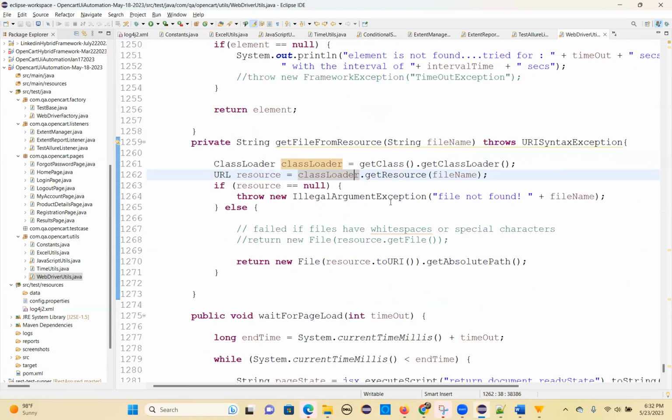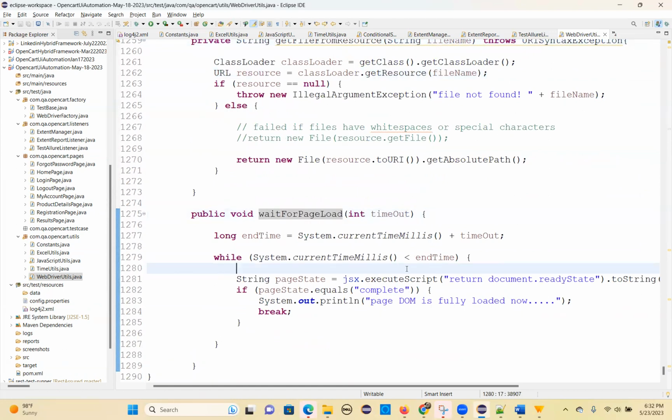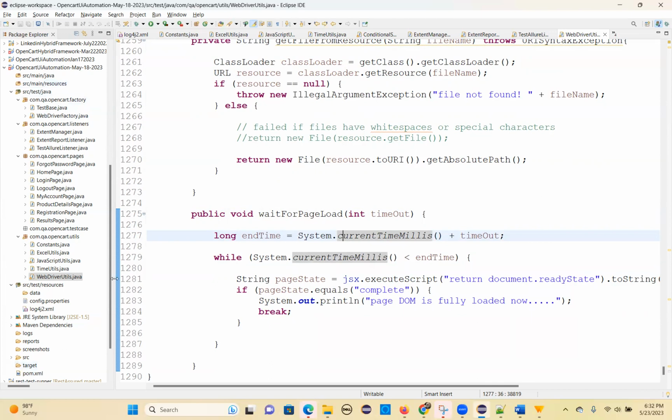So you can get the file from resource. Basically, resource folders are there right here, and from these resource folders you want to get the file. This is the method you can call. Also wait for page load: you can wait for the page load, and this is the method. So these are all the reusable methods. Just go through them. Tomorrow we'll write the actual code. Till now we have seen all the reusable methods. Tomorrow we'll see the